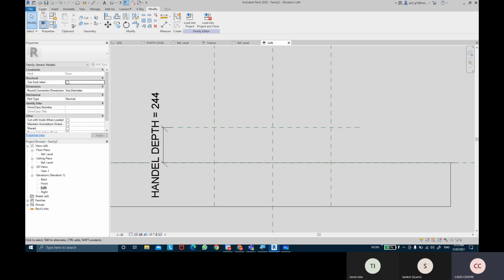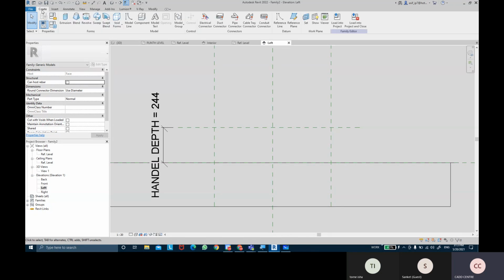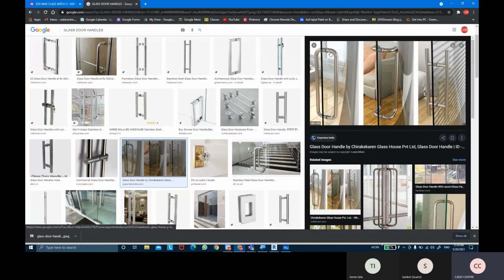Okay, so to create that shape, I'm going to come into the create tab. And now I'm going to take the form not as extrusion, but a form called solid sweep. In solid sweep, first we need to create the path, and then we need to create the profile. So this line is going to be my path, and the profile would be the shape, meaning a pipe shape.